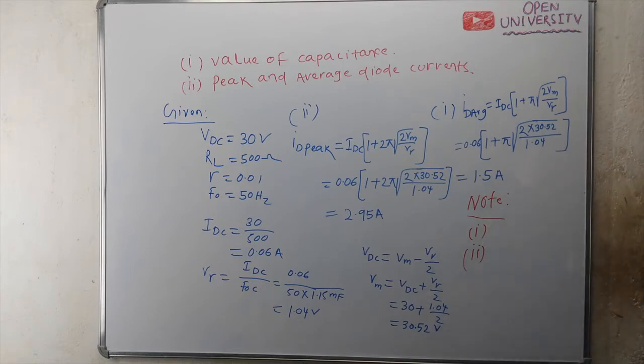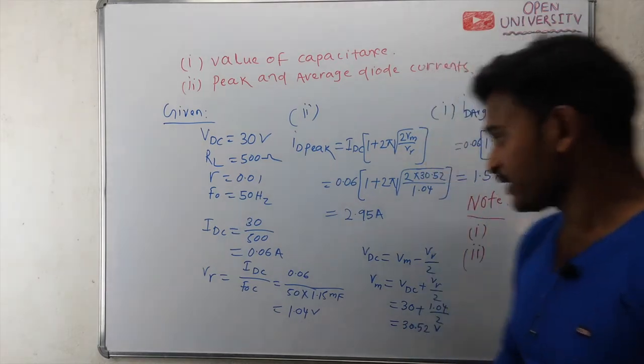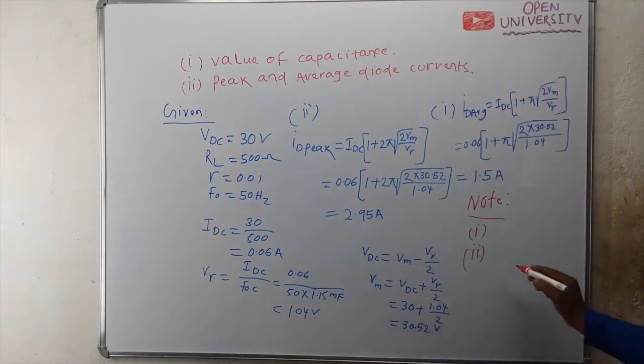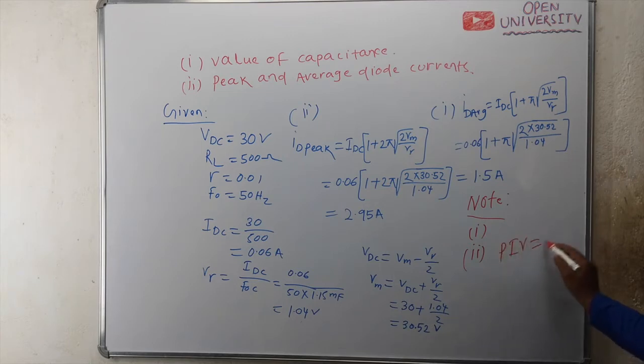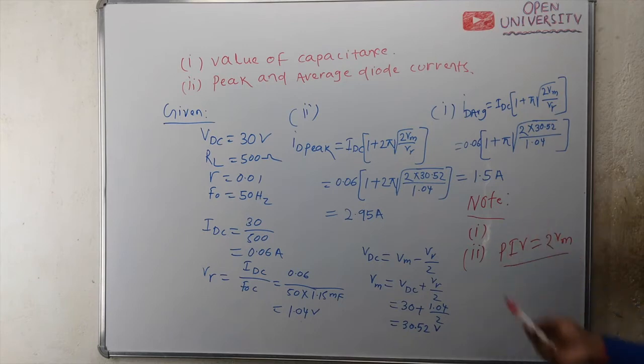In the special case of your half wave rectifier where RL was not connected, the voltage across the diode in reverse bias, that is particularly peak inverse voltage, maximum reverse voltage was 2 Vm. If peak inverse voltage becomes 2 Vm, that means the breakdown voltage should be greater than 2 Vm. That's why the second point is saying that when capacitor is used as filter in half wave rectifier, the diode should have greater breakdown voltage because peak inverse voltage becomes 2 Vm.